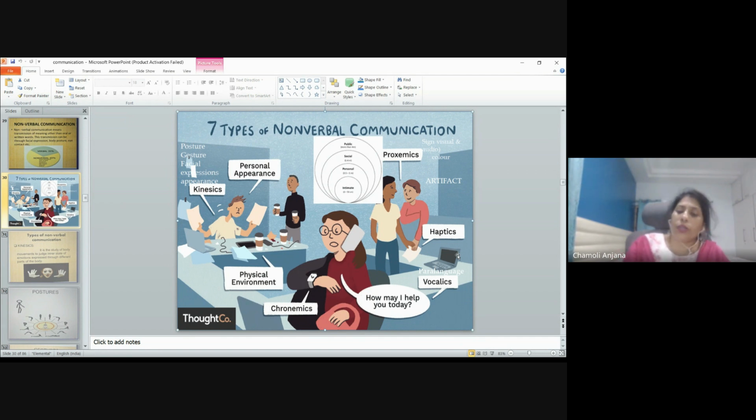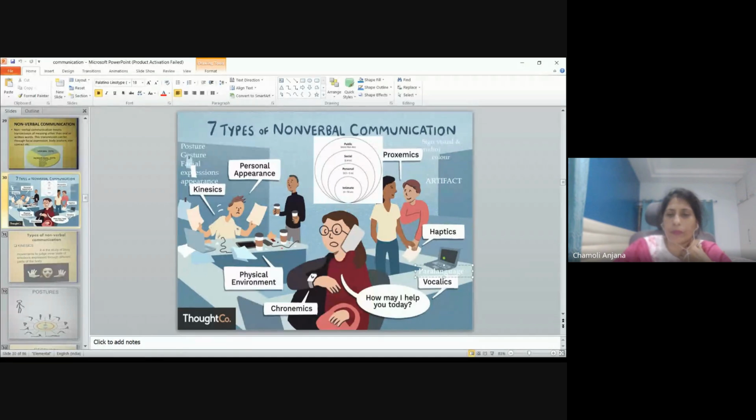But if the same principal comes and very softly says silence, children, what happens? The children do not bother, because there is no anger, there is no stress on the word, and there is not much anger shown in that smooth way of talking. So the students realize that it is not able to have that impact on them. So paralanguage is the how aspect of the language. Okay, next is